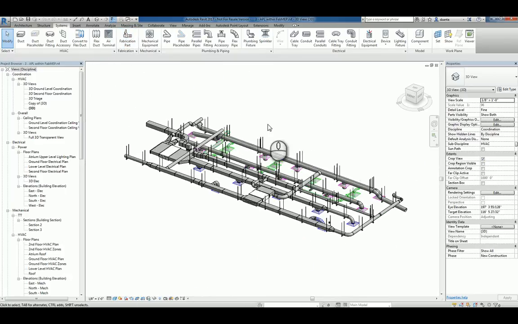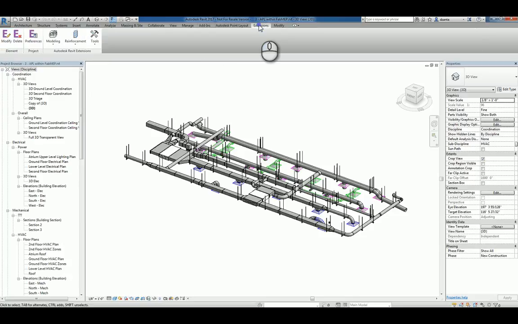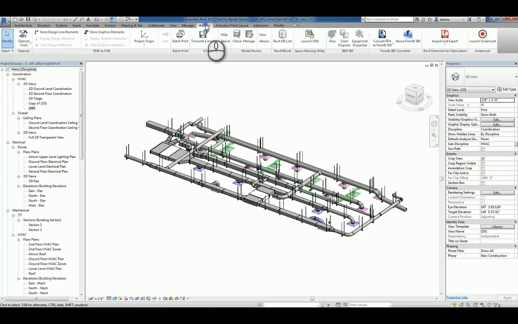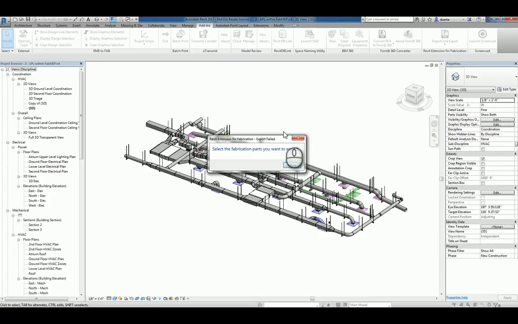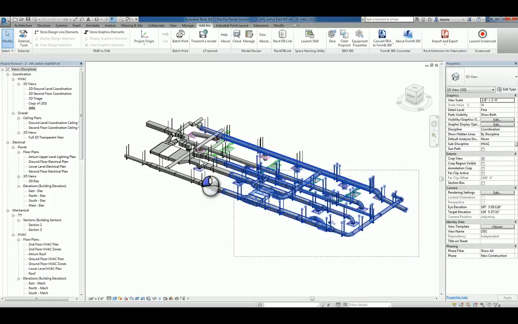Now that we have some basis to work with, if we head over to Extensions, or actually add-ins, we have under Revit Extensions for Fabrication panel the ability to import and export fabrication parts to an MAJ file type. So when you initially start the command to export the data, it'll ask you to select the parts you want to export. So let's go ahead and grab everything,